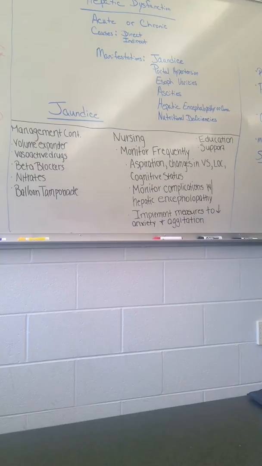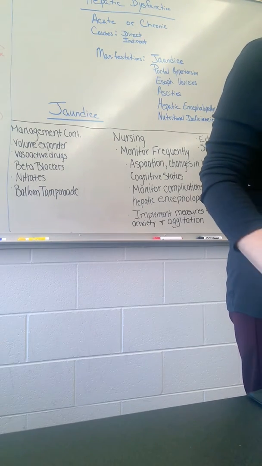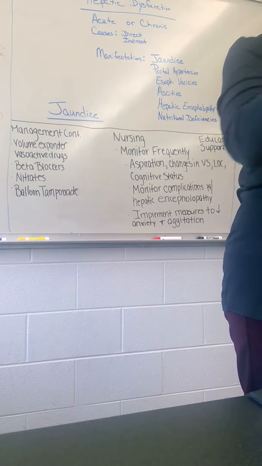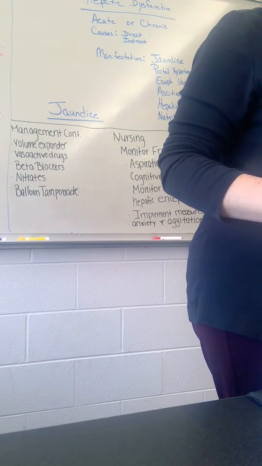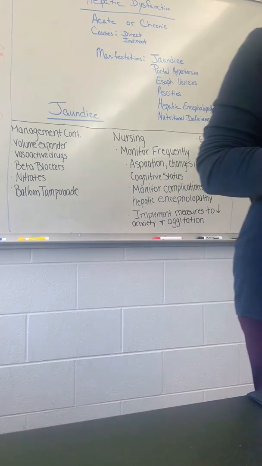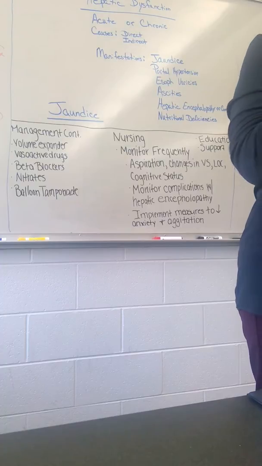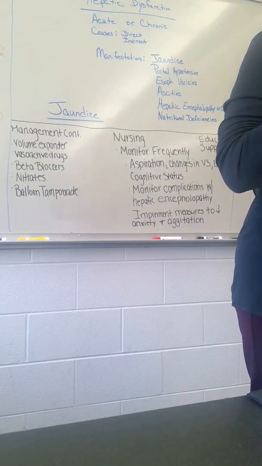I've written jaundice up there. I'm just going to talk about jaundice. Jaundice can occur from several different things. I'm on the slide that says jaundice on it. We know that it's yellow or green tinged sclera or skin. What happens is we obstruct that bile flow. The bile can't flow, so it's going to back up.